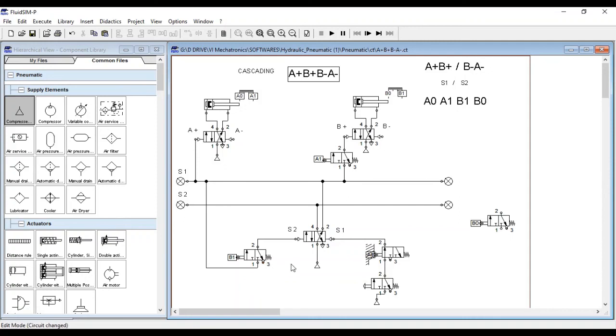Okay, now post B1, what should occur? B minus. B minus and A minus are done through supply S2. So now when this supply S2 is on, this B minus should occur directly. So B minus should be connected to this supply, so that we can get